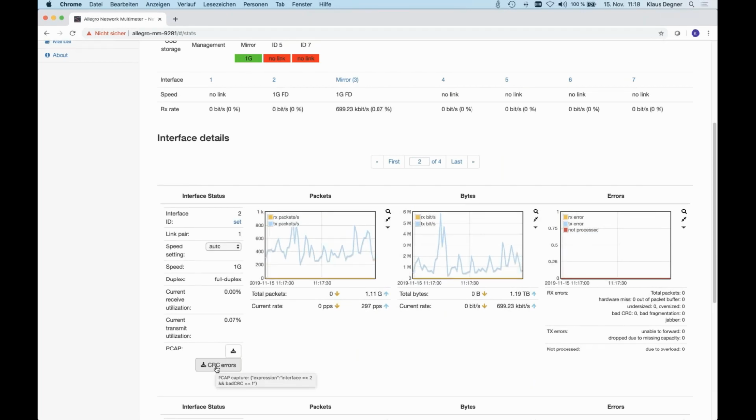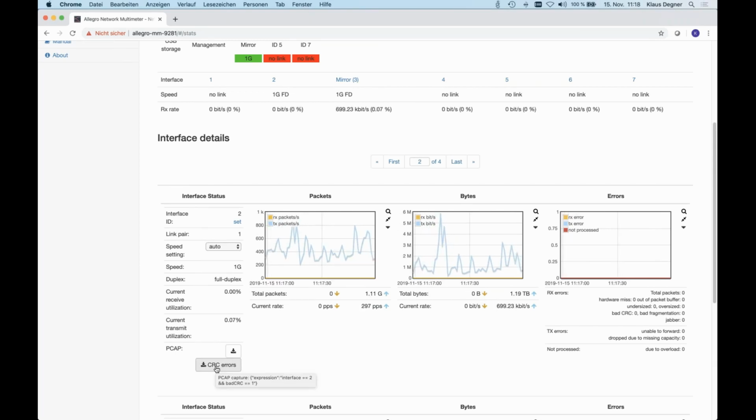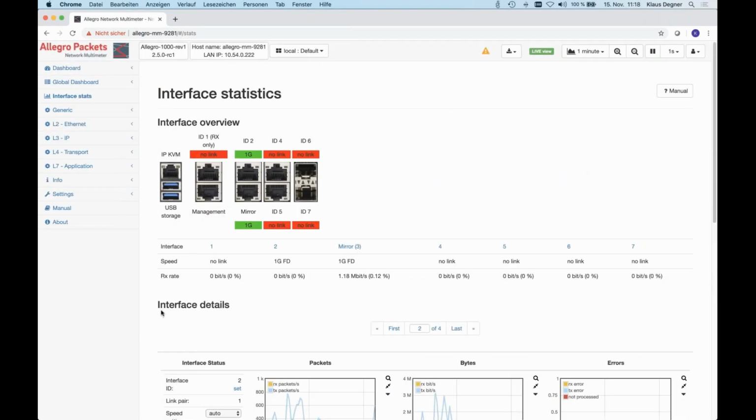If there would be CRC errors, we can extract them now. Then you get the bad CRC frames, including the CRC sequence as a packet in the PCAP. Well, most customers don't need that. If you're connected to a mirror port, CRC errors, yes, have to do something with the mirror port or with the cabling. But especially in production, where, for example, a company designing VHDL images and putting their network logic in the VHDL, that's very helpful for them.